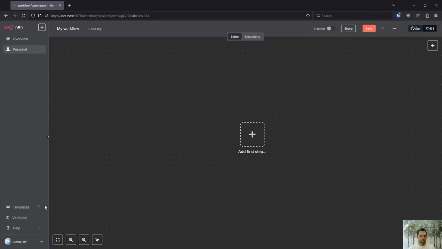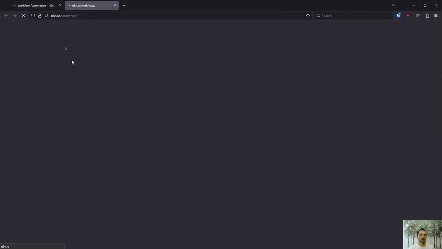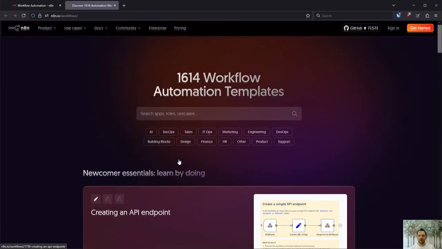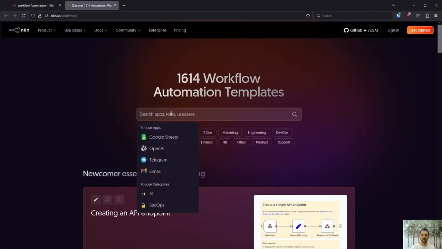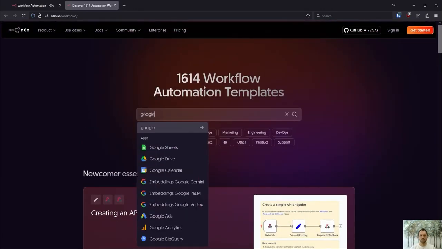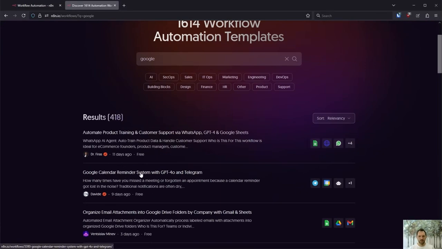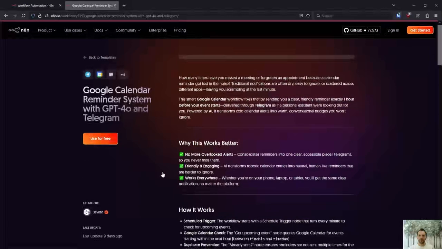Oh, and one more thing. There's a templates button here. Just click on it, and n8n gives you right now 1,614 workflow templates, since everything you do here is just saved as JSON in the background as well. There's lots of stuff here to check out. So if you want to just look for Google, you get 418 already-made templates by someone else that will help you